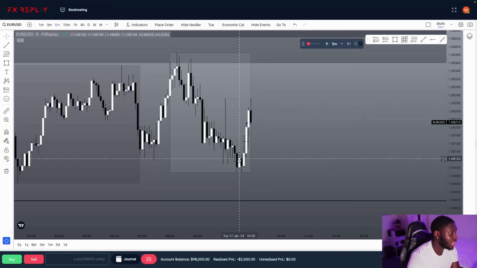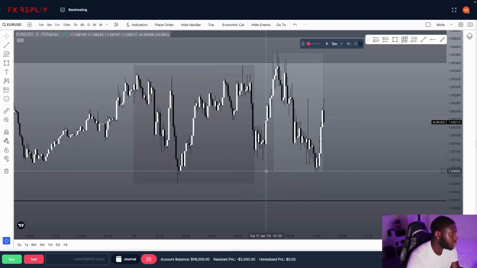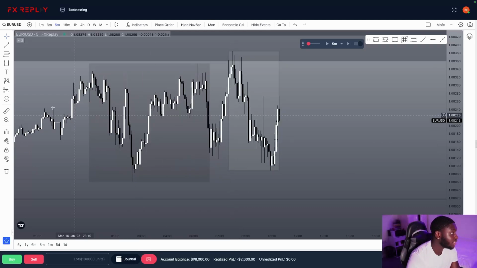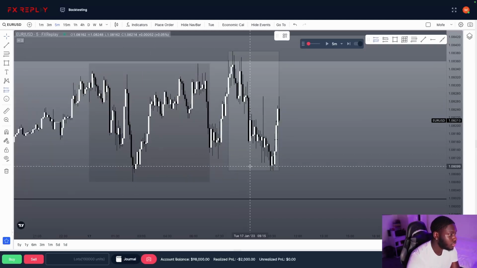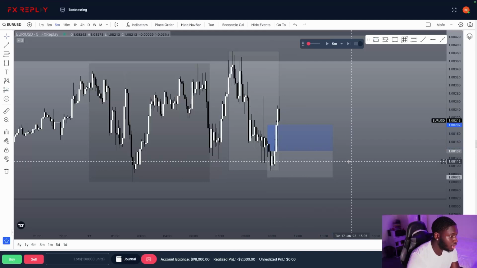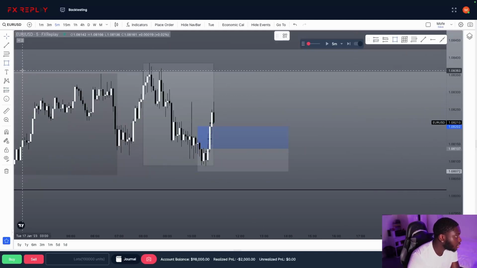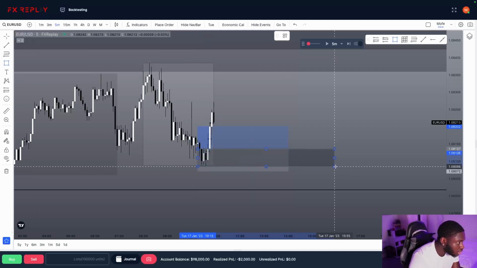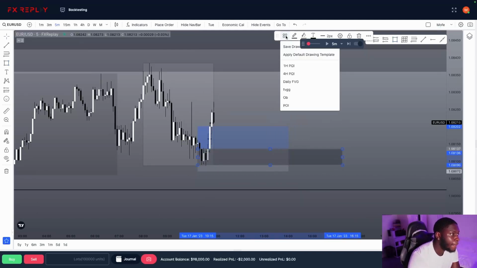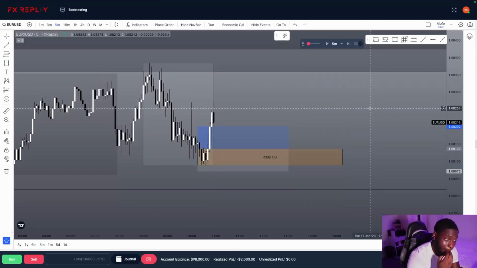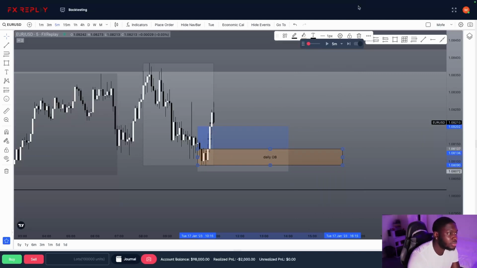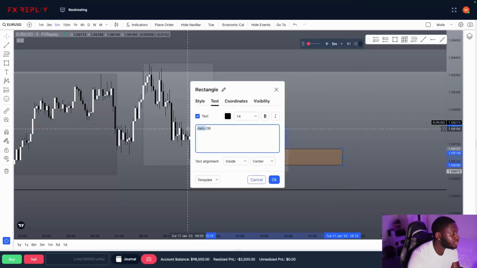And it looks like I can see a buy setup forming right here on the M5. Let me see if it's valid. Quick glance, I think it is valid. So we have right here our liquidity sweep. If you're not sure which candle I'm looking at, I'm going to mark it out for you guys. This would be my order block, this down candle here. It's called daily OB, but let me just change that. M5 OB.